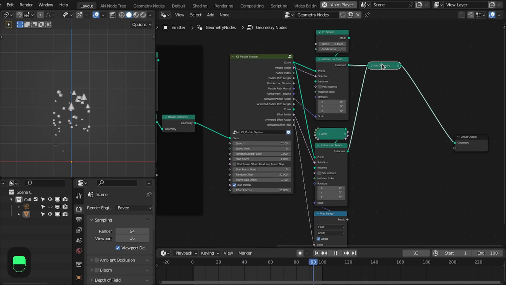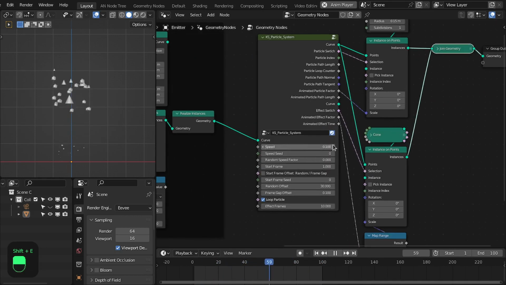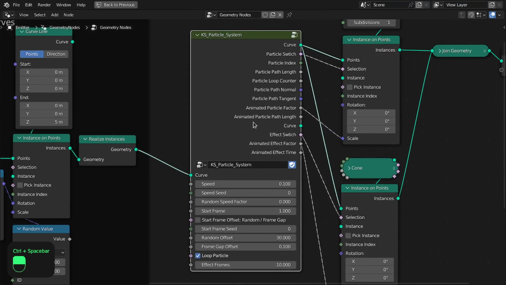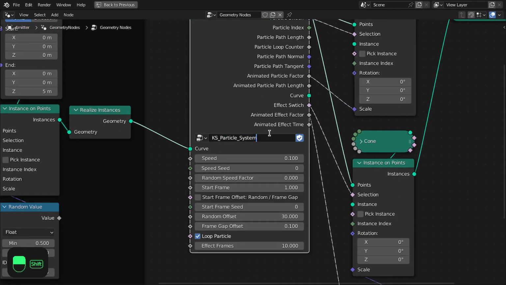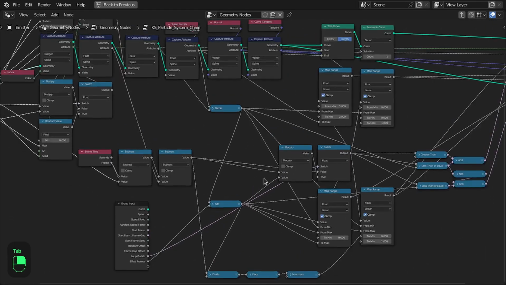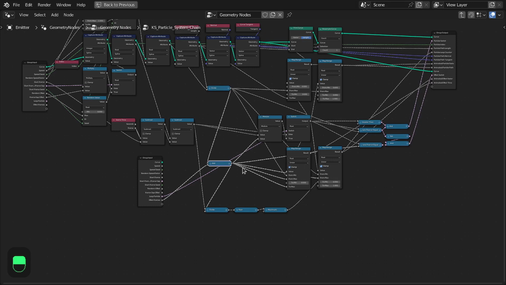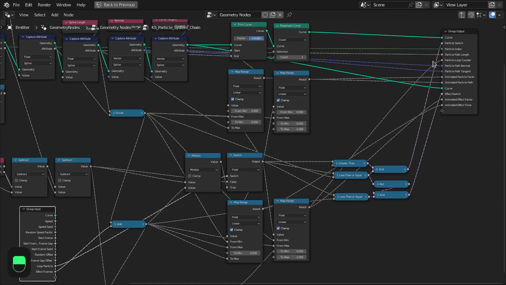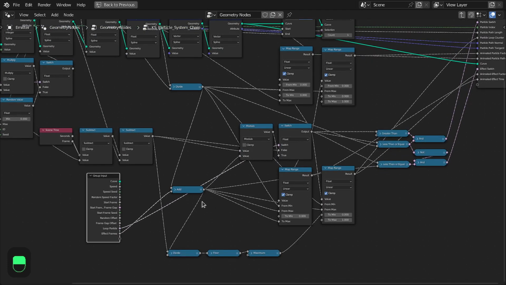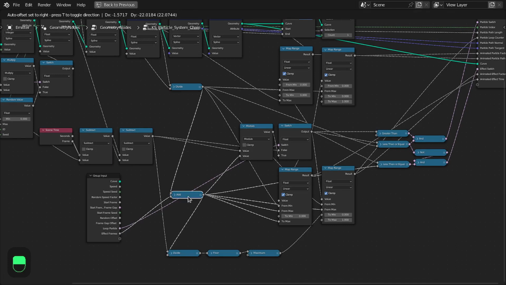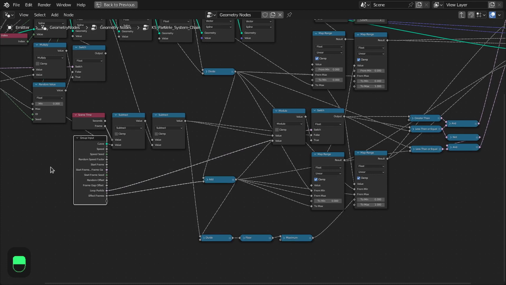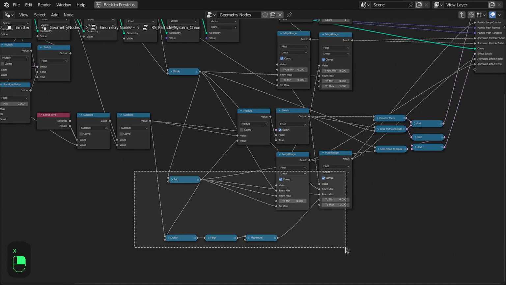Now we're going to extend this for the particle system chain. So now we're going to extend this group for the particle system chain. Let's first rename this as chain, and in the chain we're not going to need this effect section. Okay, and also we have to remove the loop. It is possible to do this for the loop, but that will complicate a lot, and I'm going to keep this simple. So let's remove the effect section here,